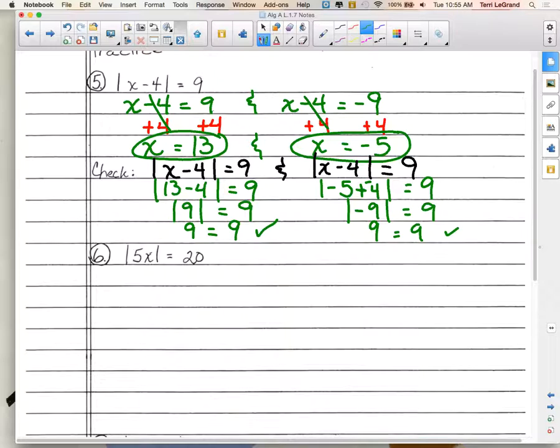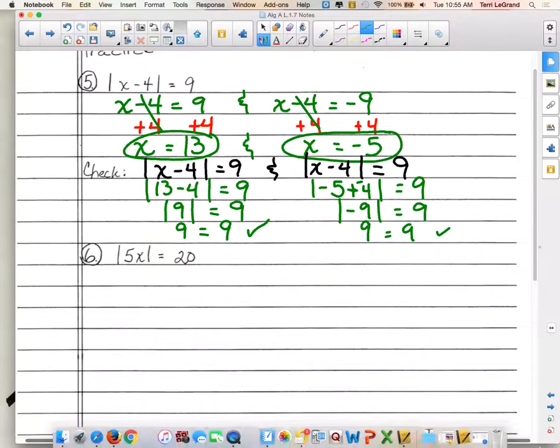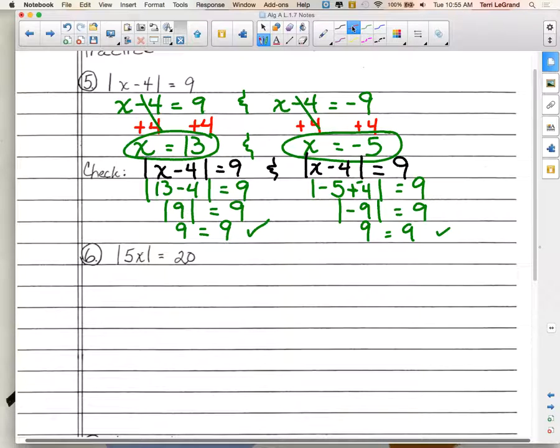Now, here's what your brain is going to tempt you to do. You know that we got 2 solutions most of the time in the notes, so you get this one, and you say, okay, the other solution is going to be its opposite, -13. And you just say, I don't have to show all that extra work because I already know the other solution is going to be that. I just want you to watch. You do not have to do this in your notes, but I want you to watch what happens if I really check out -13. If I put -13 in for x and I subtract 4,